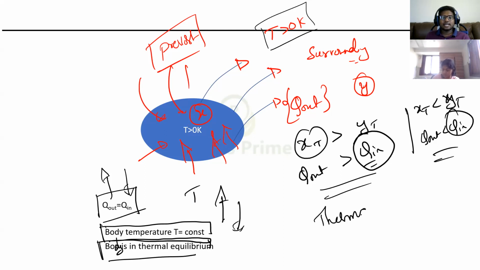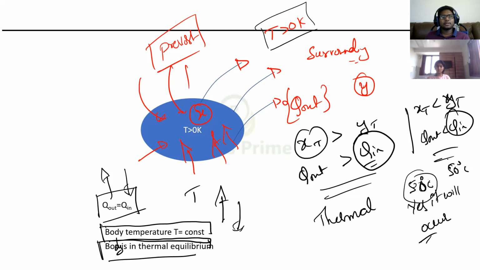Suppose a cup of chai is at 50 degrees Celsius and the surrounding temperature is 50 degrees Celsius. If someone asks you, will the radiation occur or not, you will say, yes, it will occur. What will you say? Then they might ask you, both of the temperatures are the same. Will the heat radiation take place? Yes. If same, it will not happen, right?